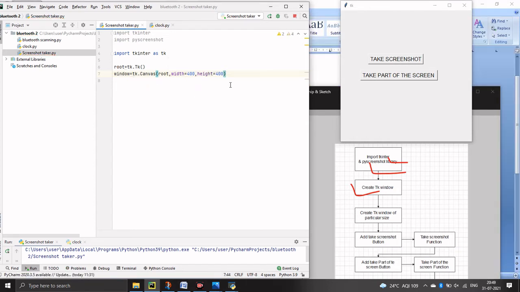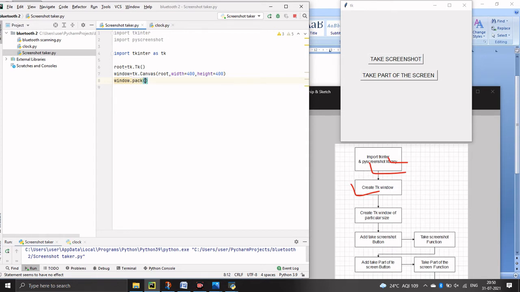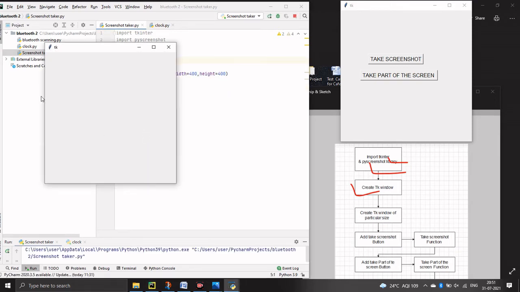Next we have to pack this window by using the window.pack function. So we have to add tk.mainloop at the end of this code. So let's run the code. You can see that we are getting a TK window of size 400 in width and 400 in height.